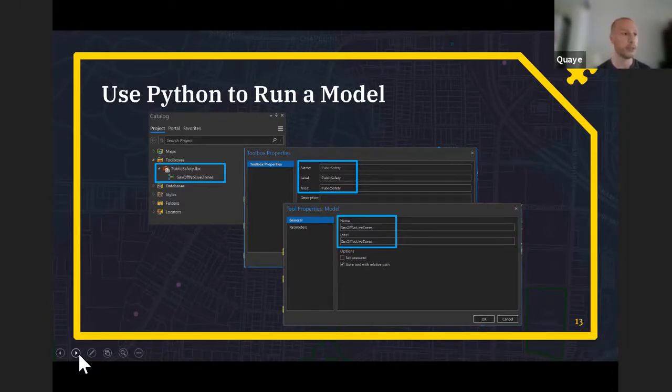It was a little confusing to me, and it wasn't clear what the purpose of the label and the alias were for the toolbox properties. So to keep things simple, I used the same name for the name, label, and in the case of a toolbox property, the alias. I would advise you to stay away from special characters and spaces, which are just not a good idea when you're programming.